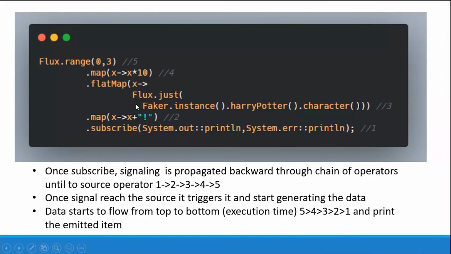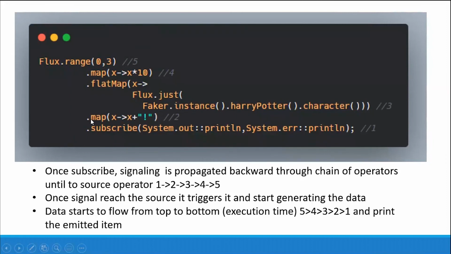These are all Java 8 consumer interfaces. I use another map from integer to a library I used that returns a random Harry Potter character, so the number is mapped to a string. A map function converts one object to another object.